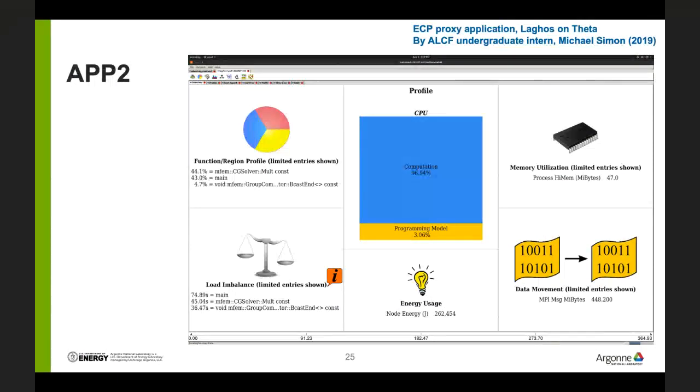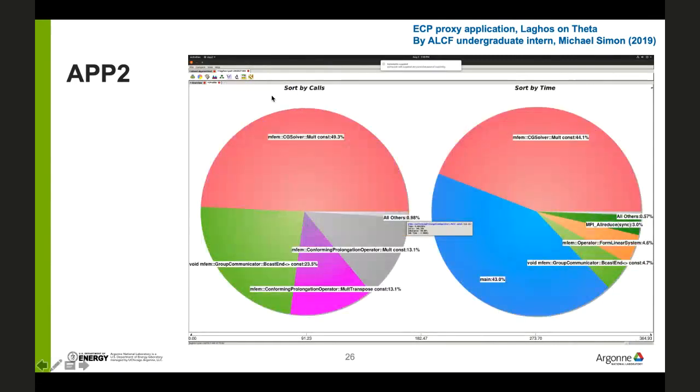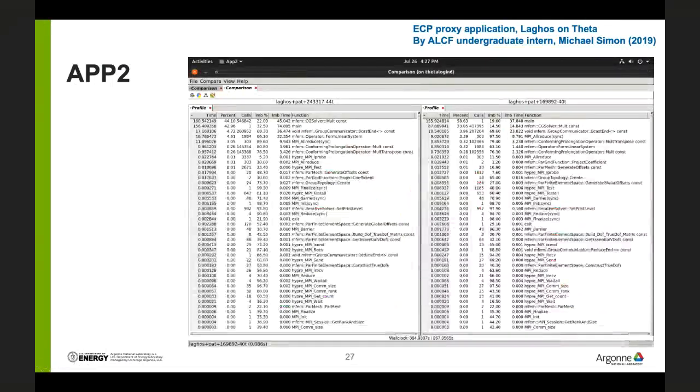And Simon is a very smart student, but he didn't have any experience in HPC simulation or profiling. But I just taught him how to use CrayPat, and this is generated by him. On the overview, you see a lot of interesting charts here. In the profile view, you can see what is sorted by time. You see that over time, this application uses MPI_Allreduce at 3%, and also MPI_Bcast at 4.7%, right? And he did some scaling tests with a different number of nodes on Theta, and he found out very weird